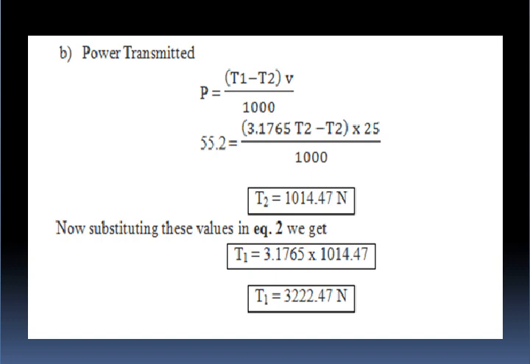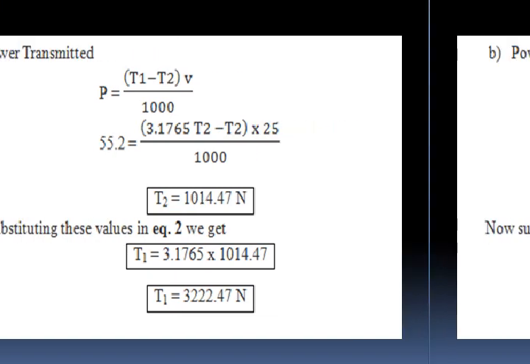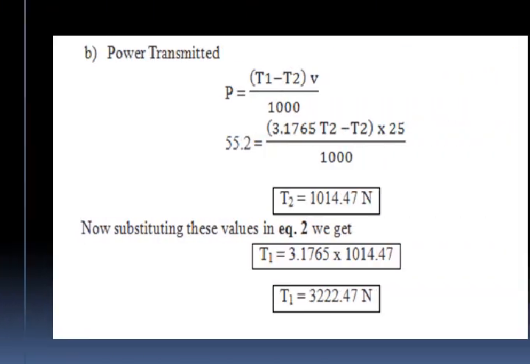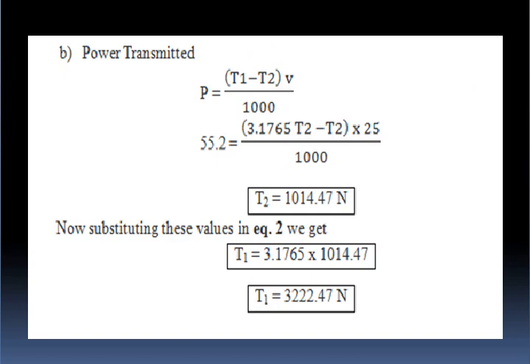Now still, till now it is not completed. The reason is, we are supposed to get the value T1 as well. Next, one more assumption: T2 is not always the slack side tension; that is going to be decided only based on the value. The one with the maximum value needs to be considered as the tight side tension. So as of now we are unable to decide whether this T2 is the tight side or slack side tension, so we'll write it only as T2.